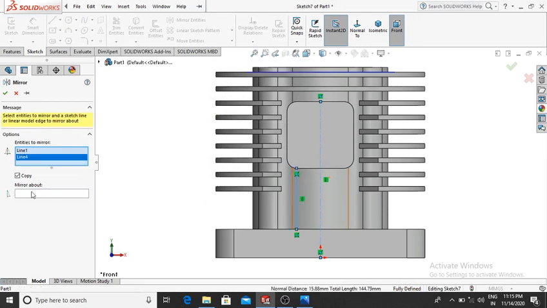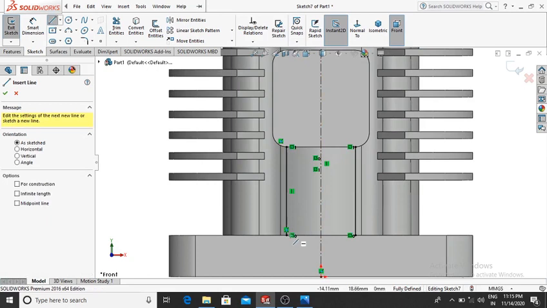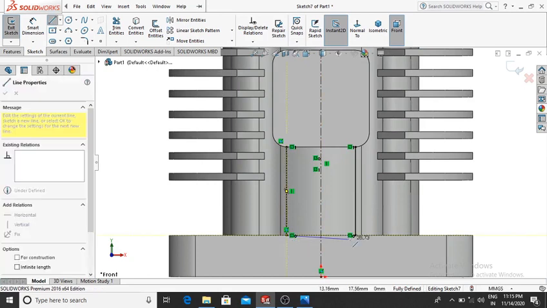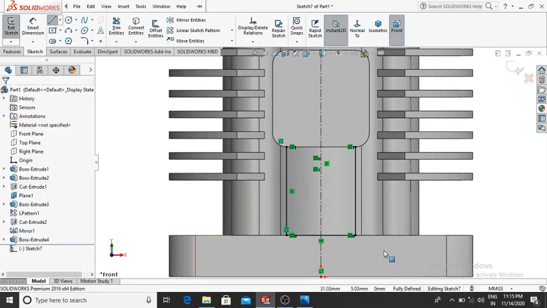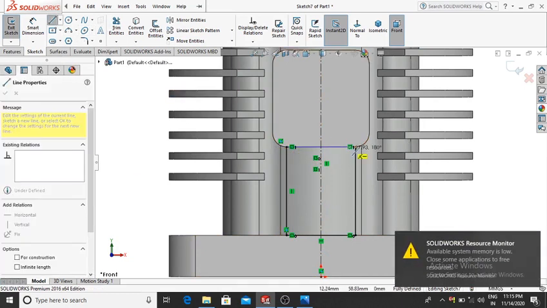and go to the mirror, select this line and mirror about this center line. Again select the line. Here we select this point and make the line up to this point. Again select line and make the line from this point to this one.